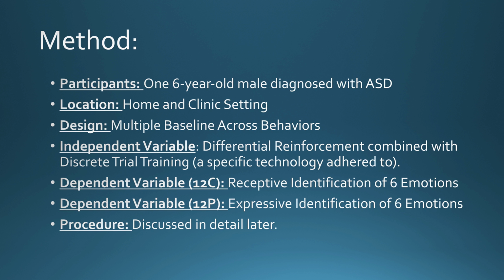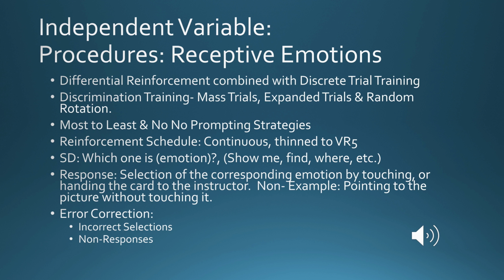We used differential reinforcement combined with discrete trial training, in which each response emitted by the learner was immediately consequated with either reinforcement or an error correction procedure. Discrimination training consisted of mass trials, expanded trials, and random rotation, and we established mastery criteria with the learner achieving an aggregate correct response rate of 90% across 2 consecutive days with 2 different people. Most of these prompting strategies were used until the learner met criteria, and then we switched to a no-prompt